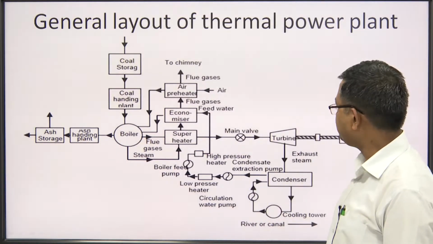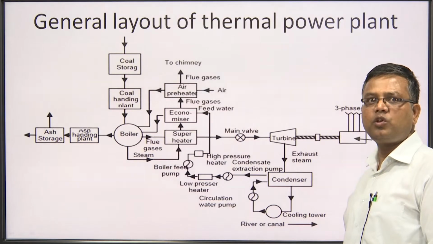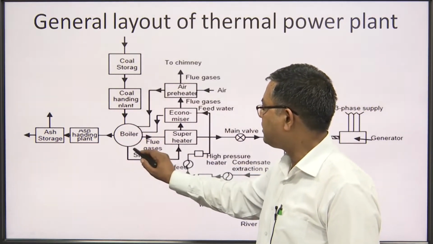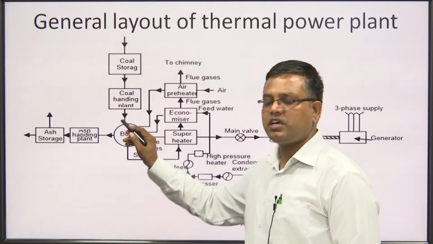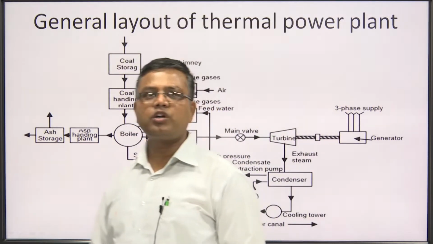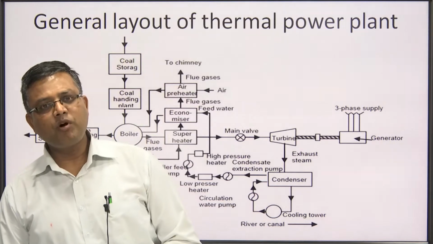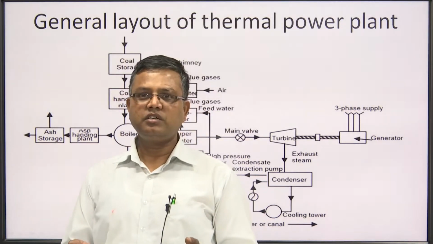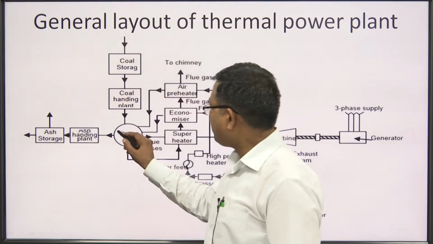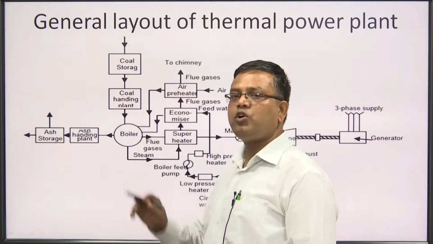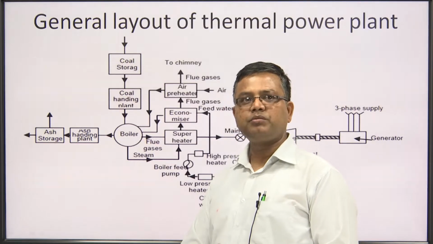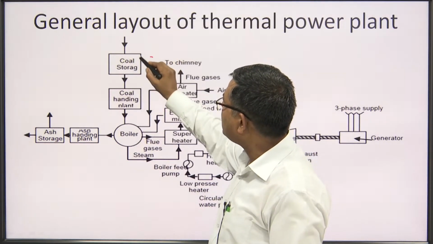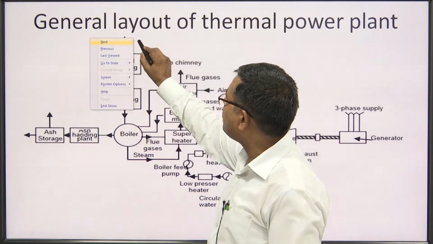Here you can see, are you able to see the complete diagram? Here you can see there is a boiler. This boiler is responsible for converting water into steam with the help of the energy of the coal. You can say boiler is a heat exchanger, right. So, in the boiler when we want to convert water into steam, we require coal. So, there is a coal storage. Here coal comes from coal mines,